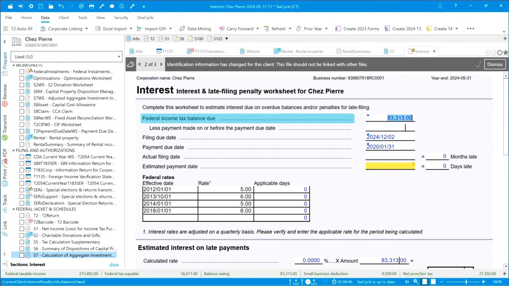It's going to automatically bring in the income tax balance due. You can enter in any installment payments that they've already made before the due date. So maybe these guys already paid $50,000 of that. And then you would put in the actual date or actual estimated date that you're going to be filing this. In this case, I have to go past